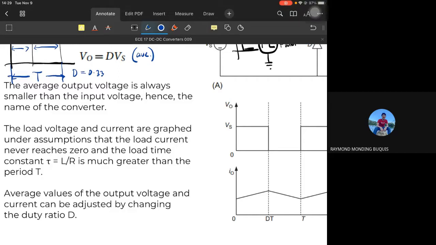The load voltage and current are graphed under the general assumption for all DC to DC converters, that the load current never reaches zero and the load time constant tau, computed using the formula L over R in terms of seconds, is much greater than the period. So tau